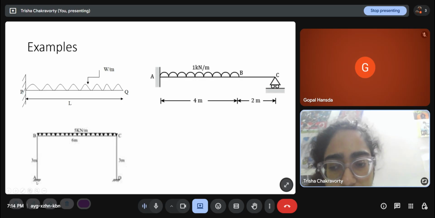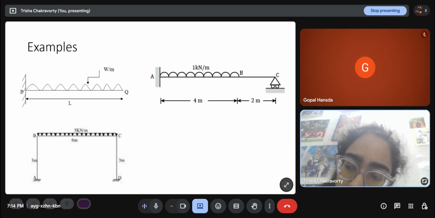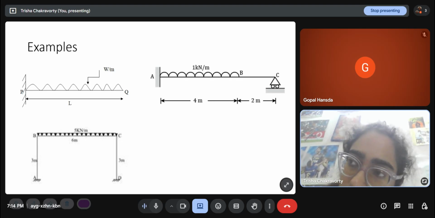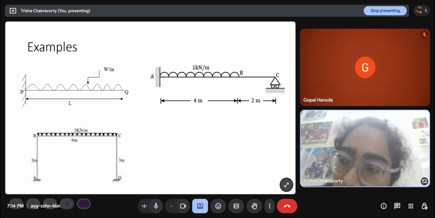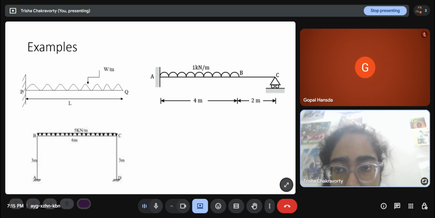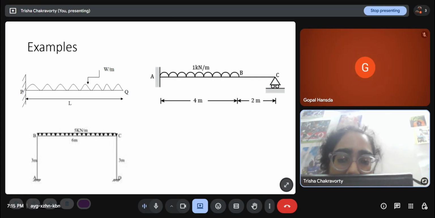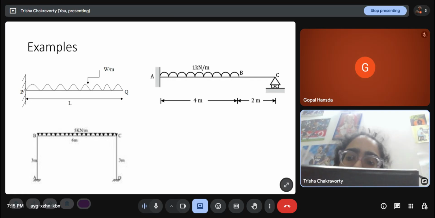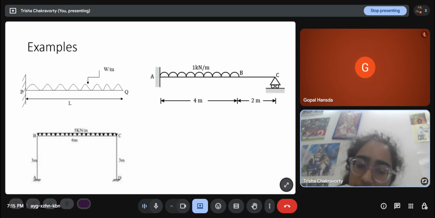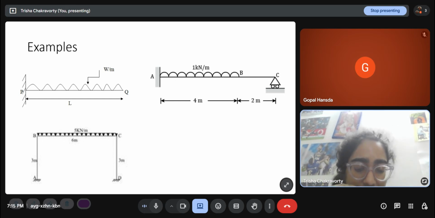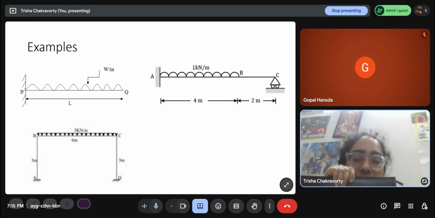This is a portal frame with two fixed supports. So 3 plus 3, 6 reactions and 3 equations. Now the fact that the number of equations of equilibrium is 3 is common across trusses, beams and frames. It is a property of the 2D plane itself, not a property of the problem. So in a 2D plane, one equation of equilibrium is sigma Fx equal to 0, and another is sigma Fy equal to 0. X and y can be any two mutually perpendicular axes, and another is the moment. If you rotate your hand in the plane, we will get a moment.